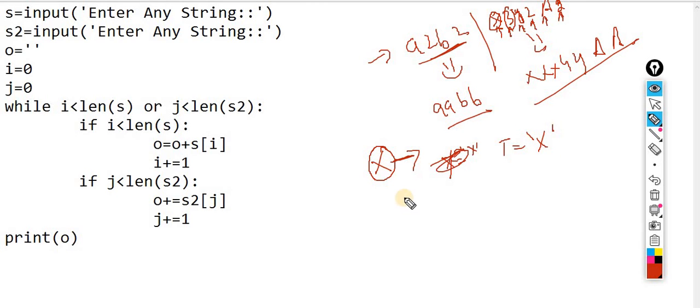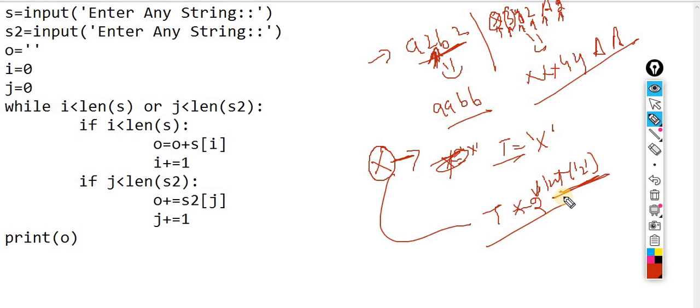If X is not an alphabet, observe my scenario, that means it is an integer. If it is an integer, then I have to pick out the temporary value and multiply by 2. And first of all, you are supposed to convert it into an integer. That's why you perform it this way. That means you are using the concept of a loop, typecasting, and if and else conditions. Okay, let me show you how exactly we will perform this code.